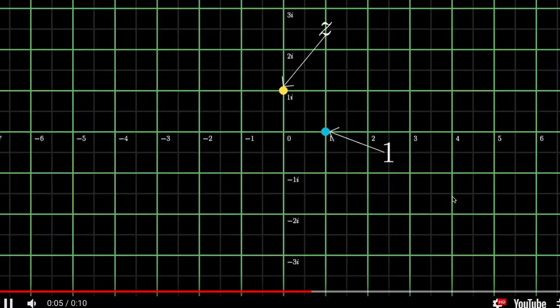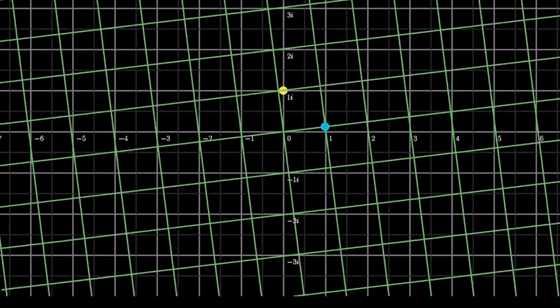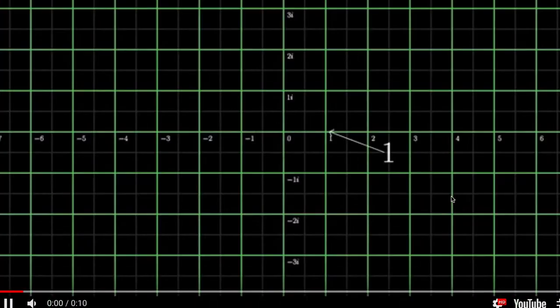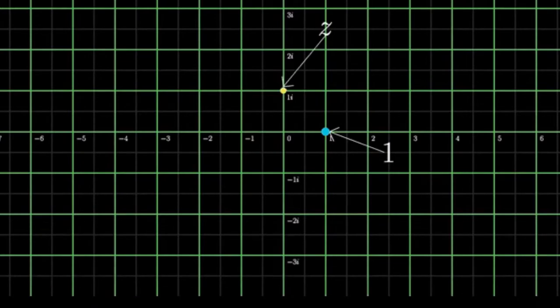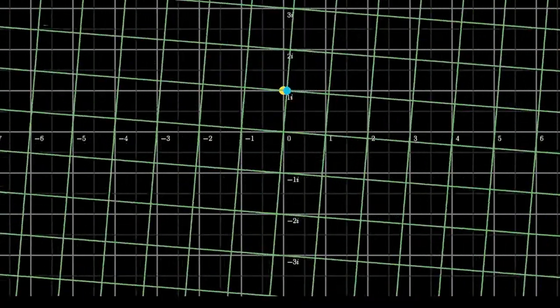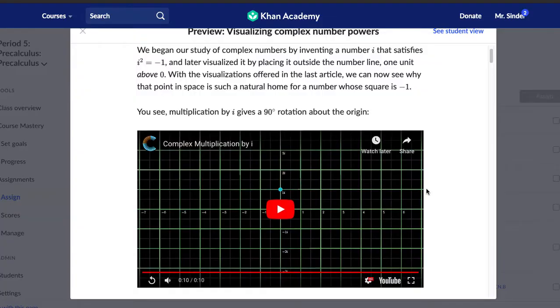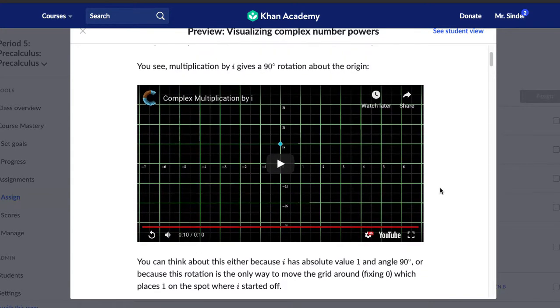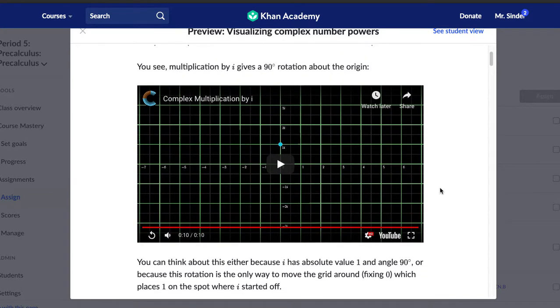If I multiply by i, it should rotate by 90 degrees, which is kind of cool. Multiplying by i is rotating by 90 degrees. Okay. Why did it not dilate? Why didn't it get bigger or stretch out? Because there's